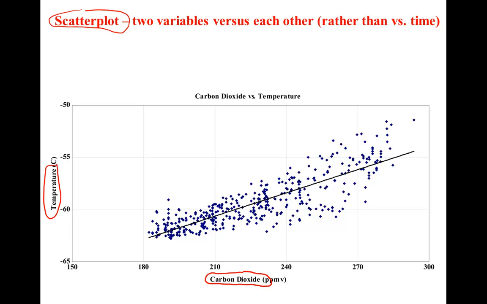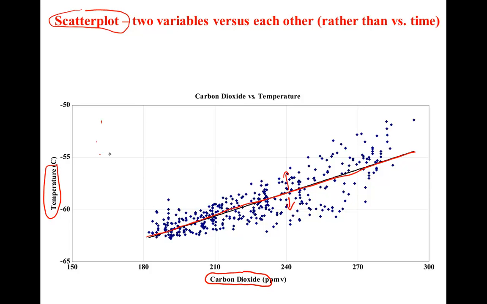We do this to see or quantify just how strong the relationship is between temperature and CO2. If there was a perfect linear relationship, all the data points would plot along that line. You can see there is some scatter to the data points. It's not a perfect one-to-one relationship. There are other factors that affect temperature besides just CO2. But overall, the relationship is pretty strong.